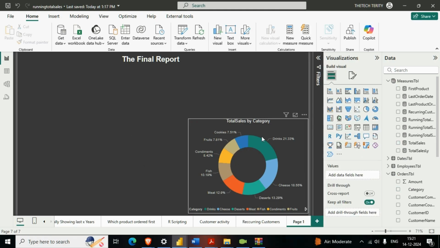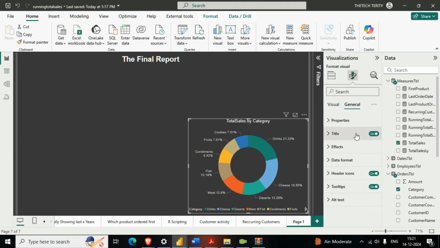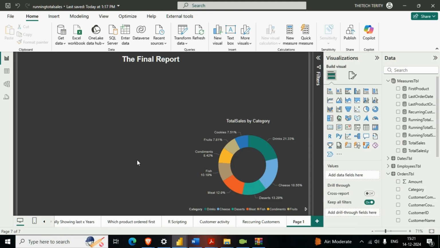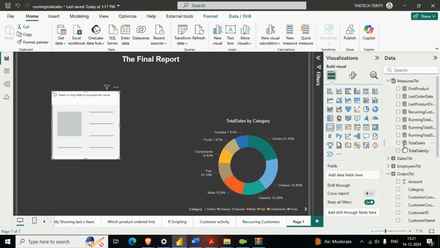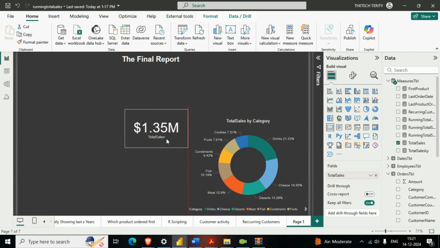So we have the total sales by the category. Now let's add a card here. It should be displayed here. So before that, I'll remove the background of this visual. I'll go to effects and I'll say background off. So we have the total sales by category. Now let's add a card here, and here I'll add total sales. So we have this total sales card, and here I'll remove the category label,